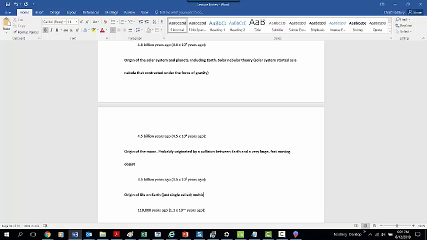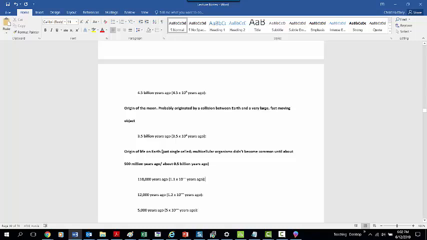Multi-celled creatures, multicellular organisms didn't become common until about 500 million years ago. In other words, about 0.5 billion years ago. Because half of 500 million is half of a billion. So about